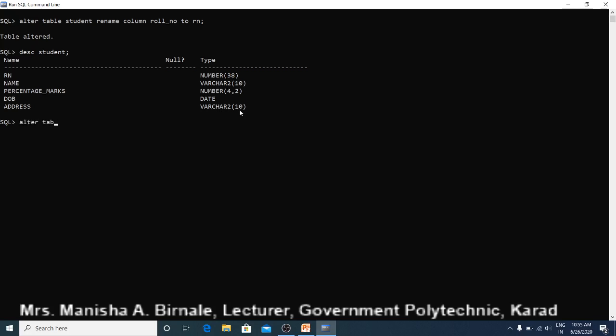Alter table. Name of table is student. Then modify, this is a keyword. In brackets you have to specify the column name which you want to modify. Column name is address and its data type is varchar, and size you want as 20.